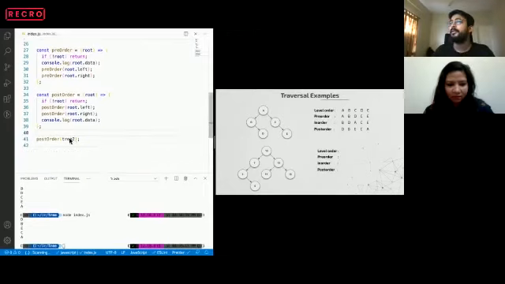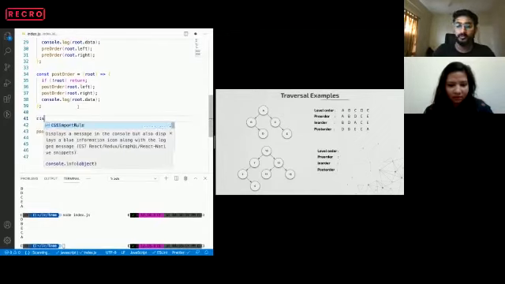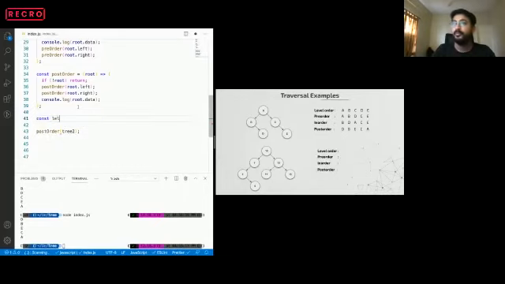Great. Now let's move to level order traversal. Let's define our level order traversal function. Again, in level order traversal, we'll pass root as an input parameter, and then we'll try to solve it using a queue.